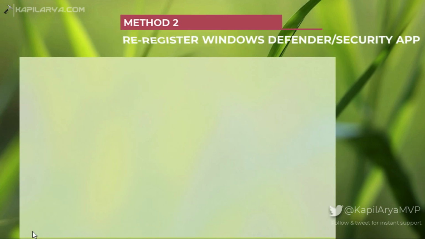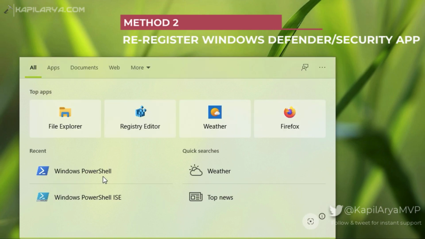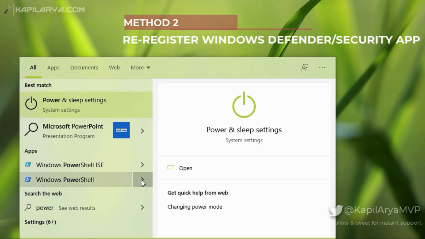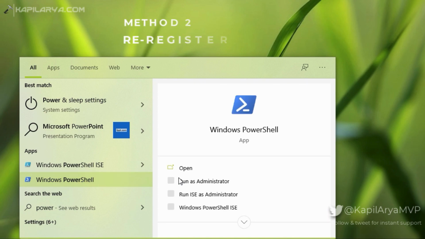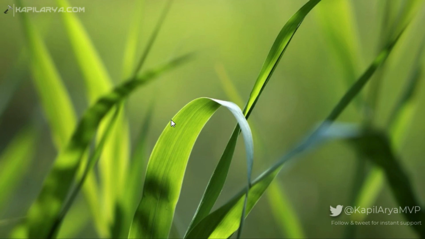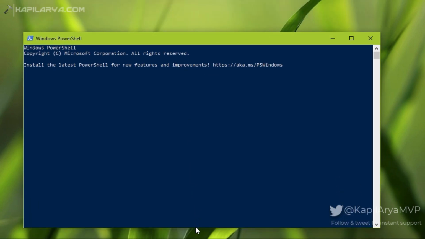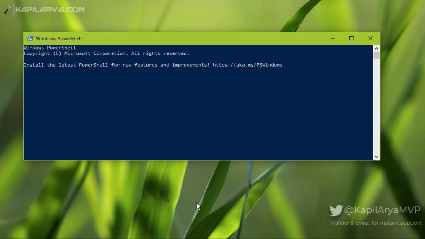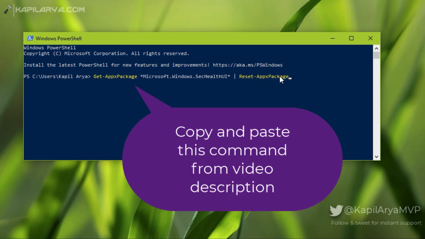Now let us see the second method if the first method does not work for you. In this method you have to open Windows PowerShell. In Windows PowerShell, you have to simply paste this command which you can directly copy from the video description.